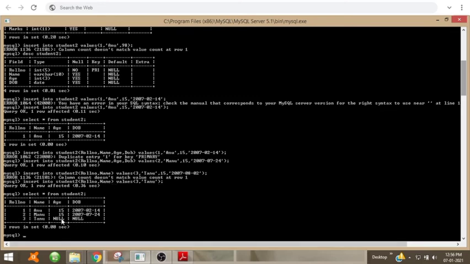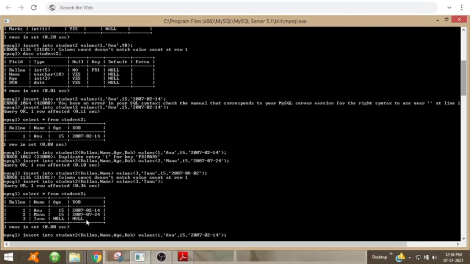What happens? The columns for which we don't insert values will automatically become null. Now we can also insert null values directly. Let us see how.